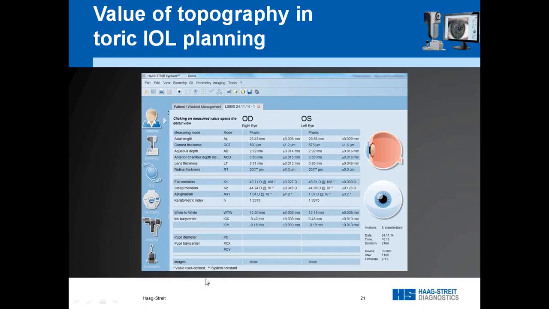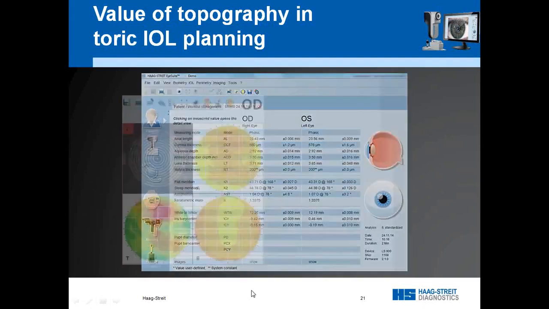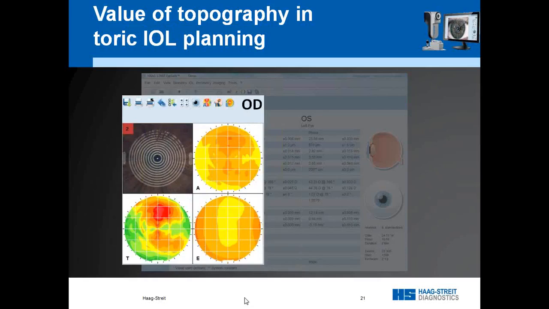But since we do have topography, we can go beyond that. That's the topography of the right eye. First we double check, is the axis location okay? So we basically draw the line through the steep axis and we see 80 degrees perfectly matches the image. That's good. But we can also have a little look closer to the inferior part on the nasal side of